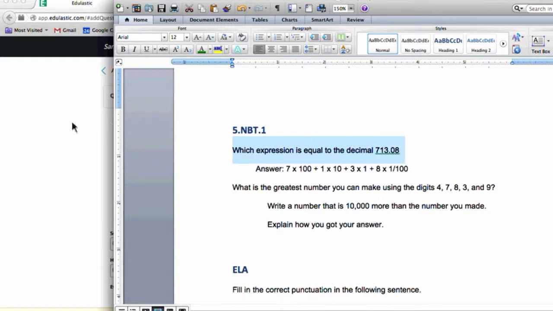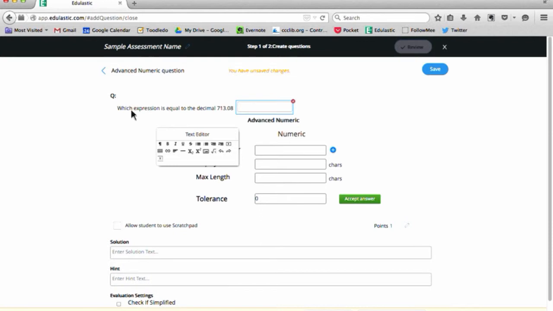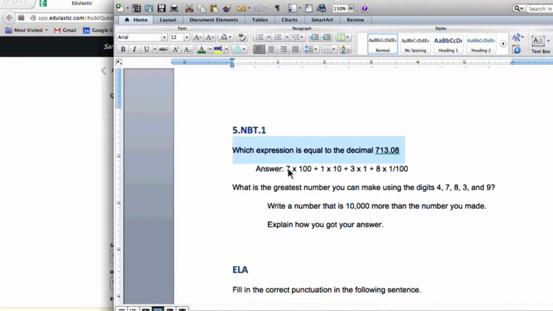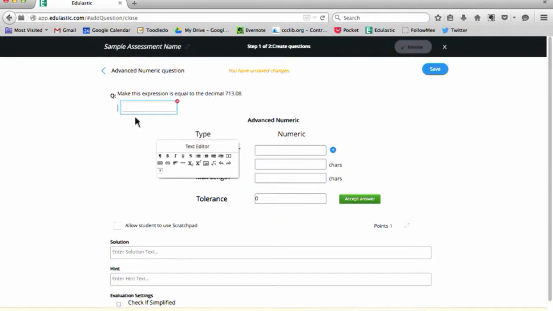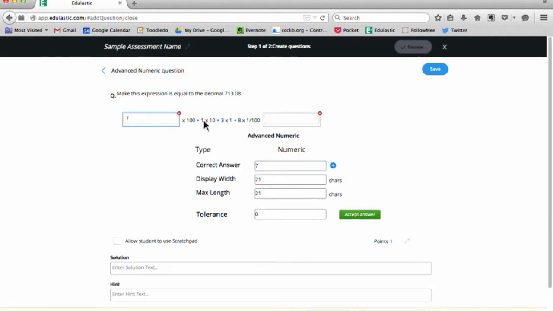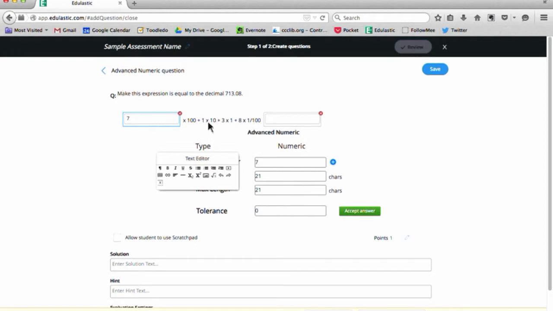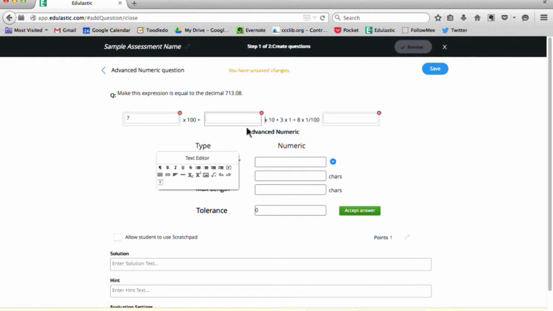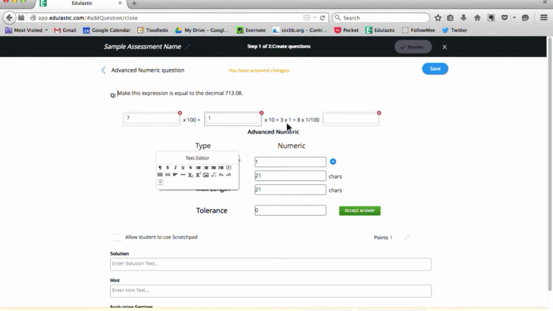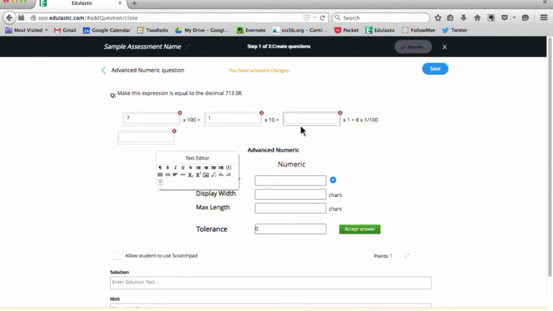copy and paste. Say, make this expression equal to this decimal. And then I'll put in all of my boxes in here. I can make this really hard and require my students to fill in all of these numbers. So this is going to be 7. And then, see, in advanced numeric, I can have multiple boxes. That's going to be 1 times 10 plus .83